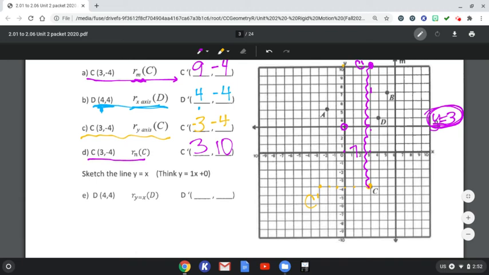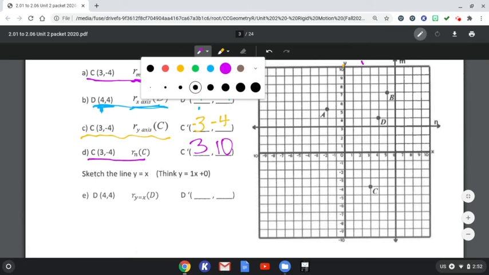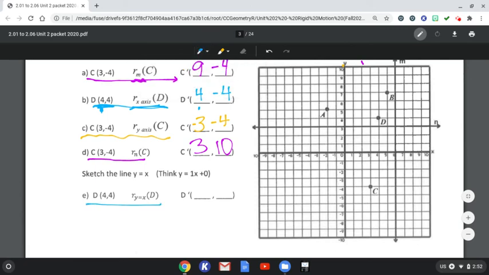Okay, last but not least, we have the line y equals x here. And we're going to do a little bit more graphing and reflecting of a whole shape here in a second. But looking at letter D, we want to graph that reflected over the line y equals x. Now, y equals x, remember, is y equals 1x plus 0. So that means our y-intercept is 0 when we rise 1, run 1. Well, when I go up 1 and over 1,